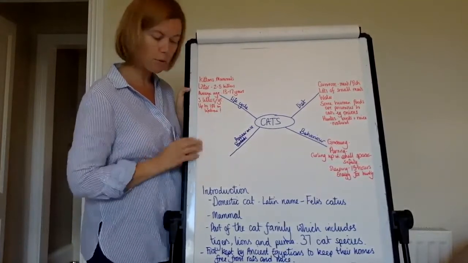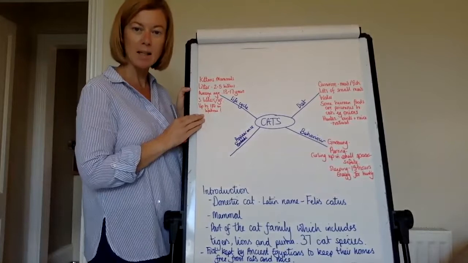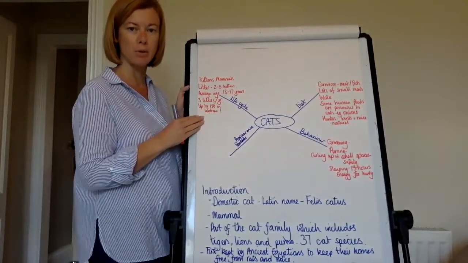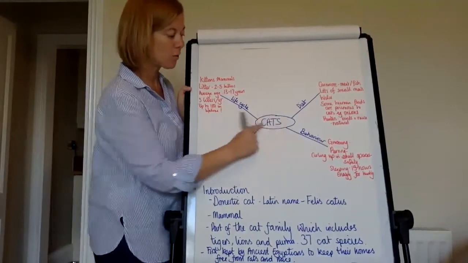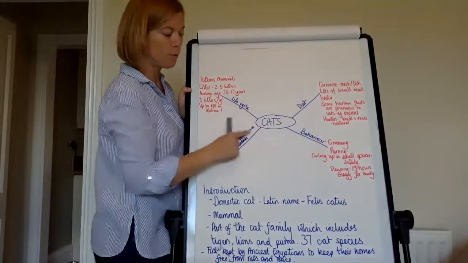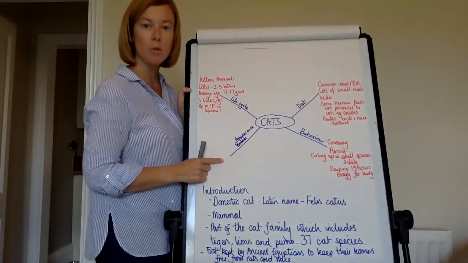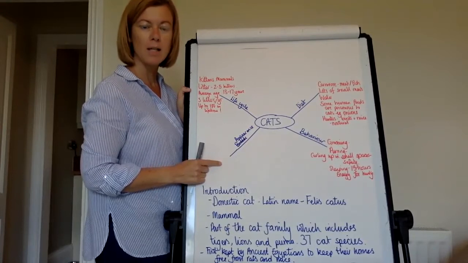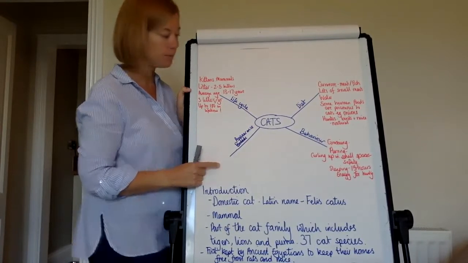I'm going to quickly go through and give you some examples related to cats, but I'm not doing your plan for you. I'm showing you how you can do yours. So I suggest you write hedgehogs in the middle of your sheet of paper in a few minutes, draw your legs coming off for the different aspects you want to write about, or watch the video first and then decide. Think about what you know already as well, and any other research that you're going to go and do.